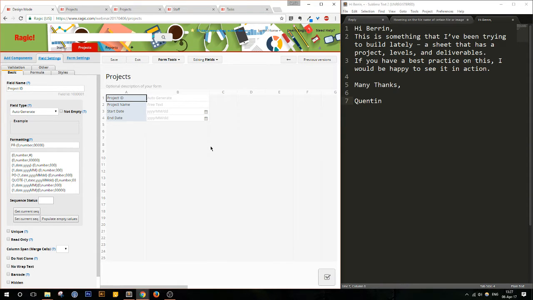I created a project sheet that has very simple data in it right now. So we do have the project ID, the name, the start and end date, and we're gonna build upon this. And I'll also show you other examples that I've built in